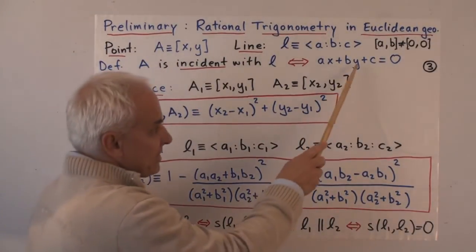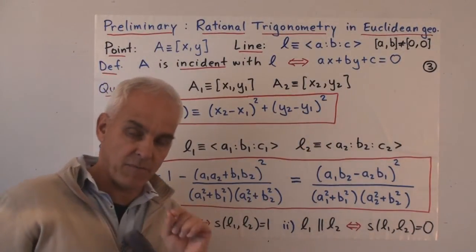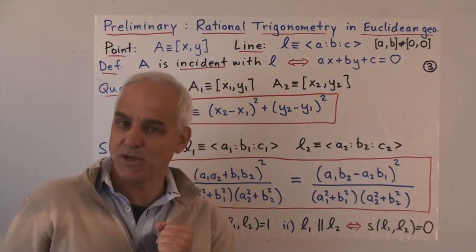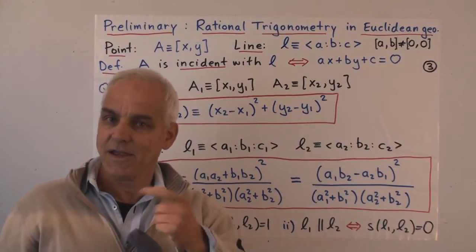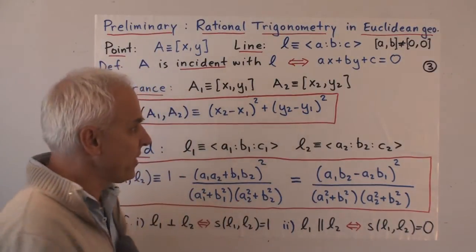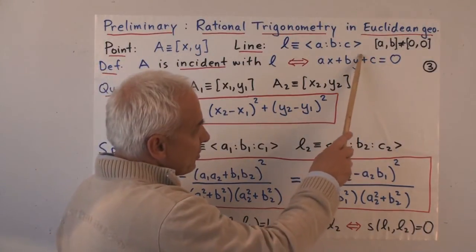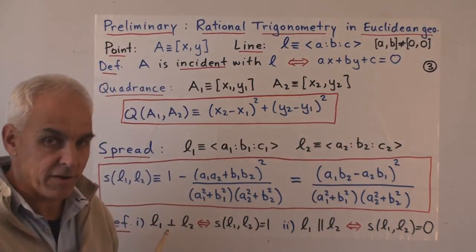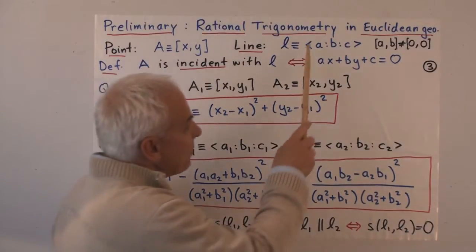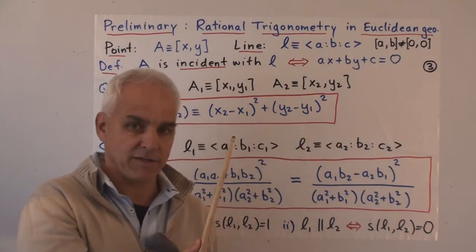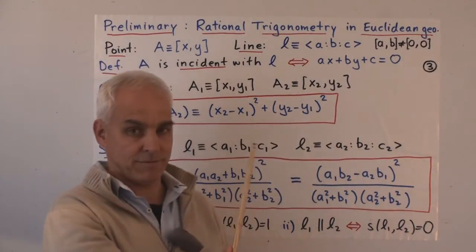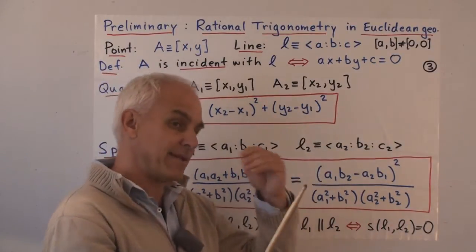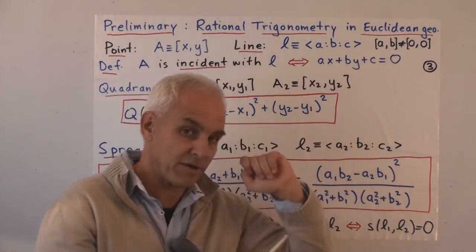Now notice this plus c here. That's a little bit different from the convention that we've been using for lines in this course in hyperbolic geometry. In the course in hyperbolic geometry so far, there's been a minus sign here. And to compensate for that, we've been using round brackets for lines, along with capitals. Okay, so this is the Euclidean setting. It's slightly different. There's a plus sign there instead of a minus sign.